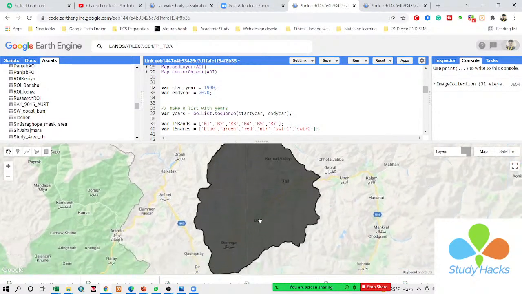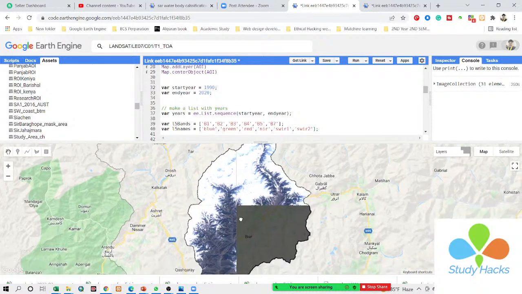Okay, so you can see this image is not very cloudy, so that's why we ignored this code for